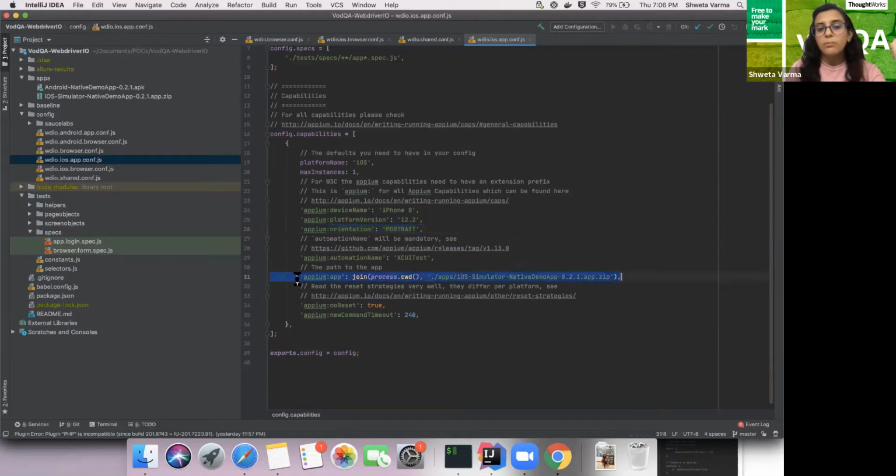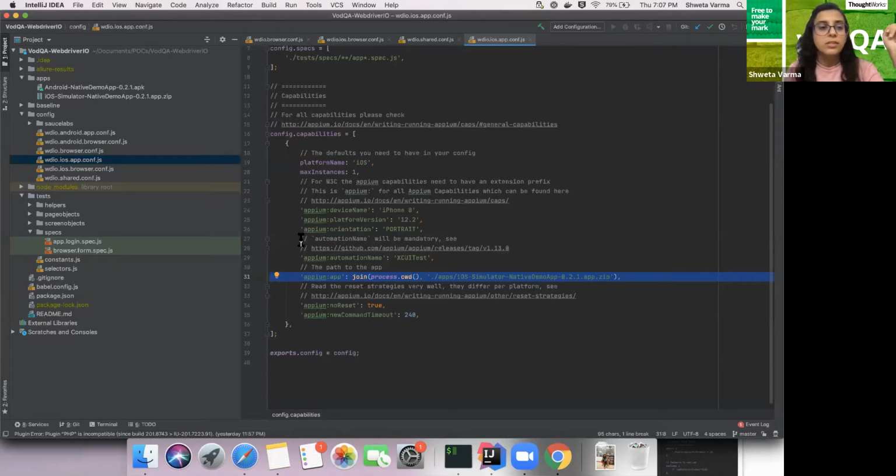So I have to give the app path here where I have kept the APK file. As I mentioned earlier, I've kept it in the folder apps. So the same thing I've given here so that it picks up this app and does its work for me.